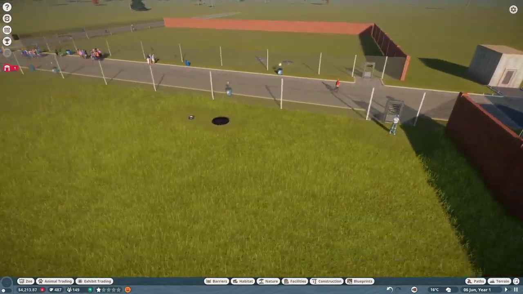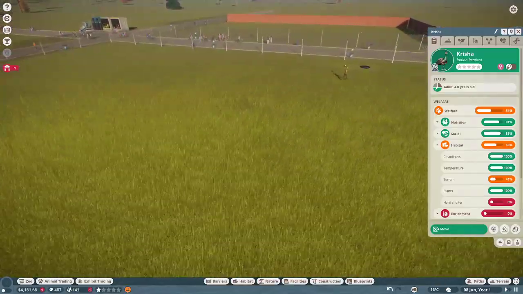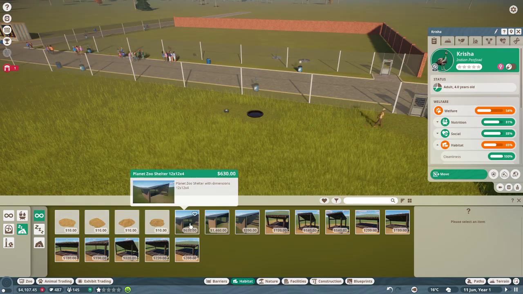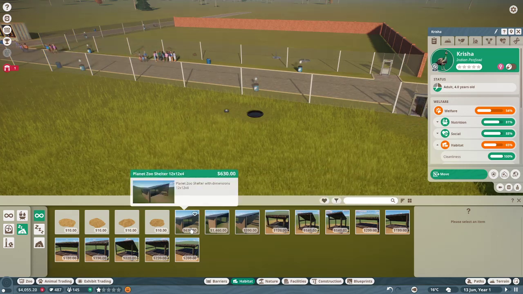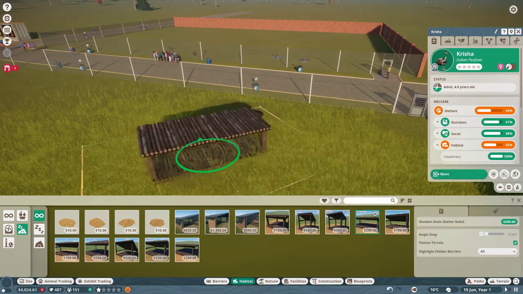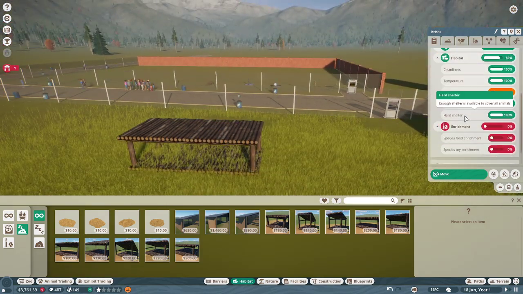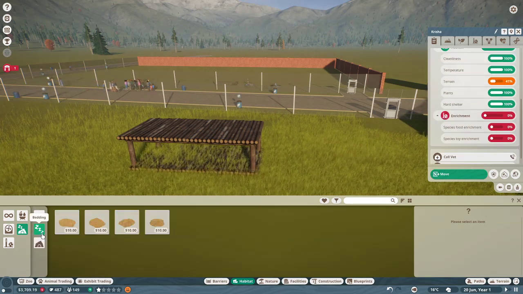Alright, so okay, they want a hard shelter. So I'm gonna go ahead and do that. Seemed to help somewhat. Alright, do we have any... I don't think we have enrichment yet, do we? Bedding,